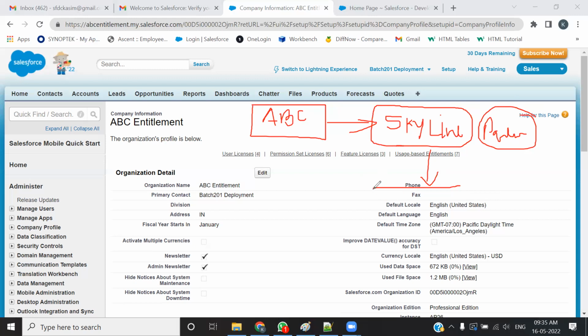So now I'll contact Salesforce on behalf of ABC entitlement. And before that, we internally discussed what kind of environment is needed. So I will be telling ABC entitlement that